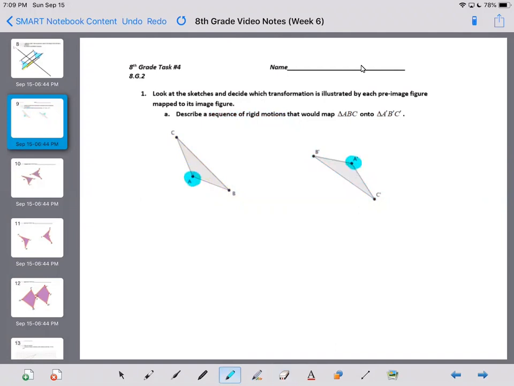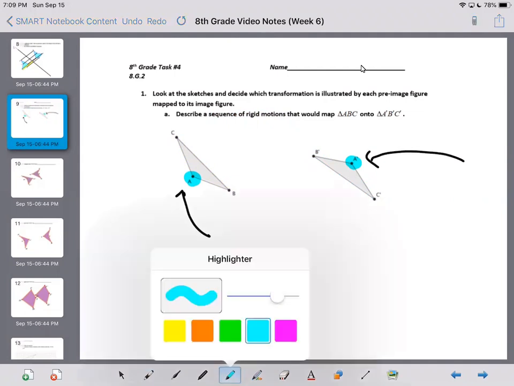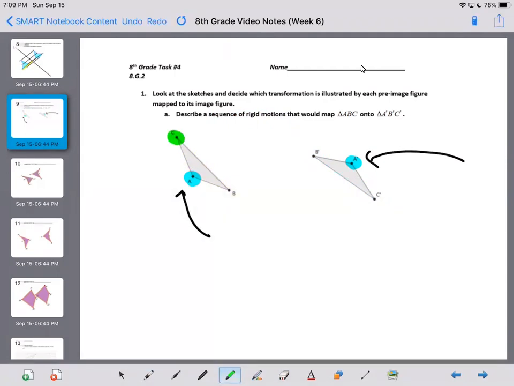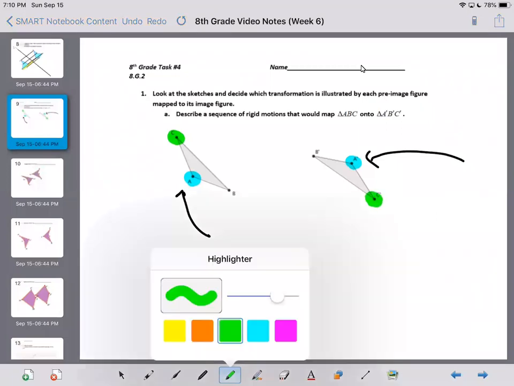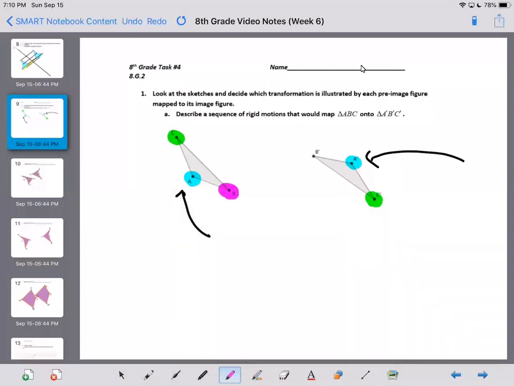So on the left, A's below. On the right, A's above. Here I've got C, which is above, and here's C, which is below. And then here I've got B below, and I've got B prime above. So we got to think about, I need those colors to match up. I need the green to land on the green, the purple and the purple, and the light blue and the light blue. So I need that to happen. So we think about our sequence of transformations. So method one